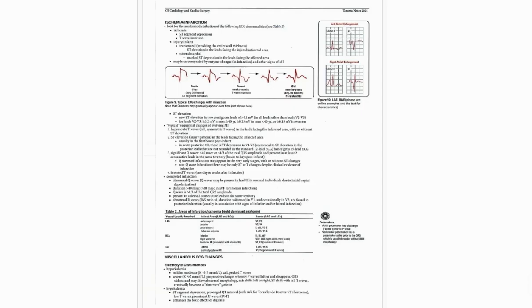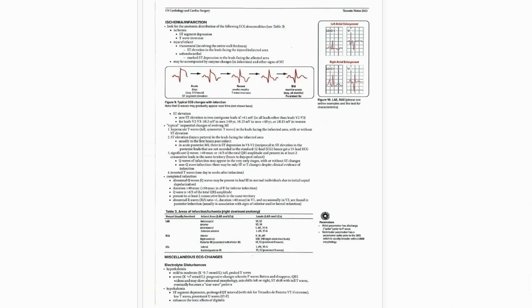An atrial pacemaker creates a pacing spike immediately before the P wave. A ventricular pacemaker creates a pacing spike before the QRS complex, producing a wide QRS complex that resembles a left bundle branch block. Finally, let's review